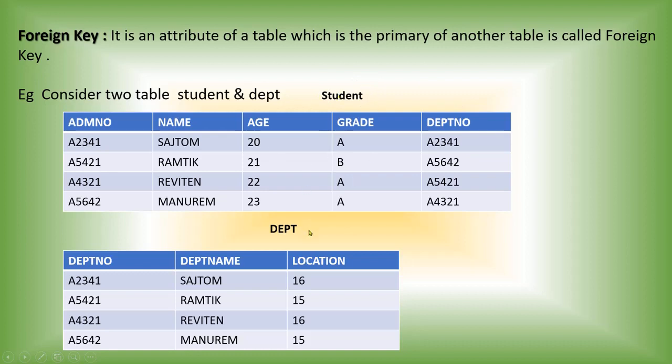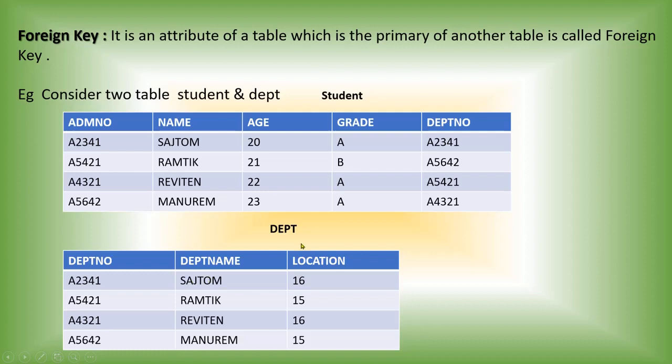See that there are two different tables, student and department. Admission number is the primary key of the student table. Department number is the primary key of the department table. And this department number is coming over in the student table. So these are two related tables. This primary key is coming over here as an attribute in this table, so this attribute will be considered the foreign key of the student table. There is no foreign key in the department table. In the student table, department number is considered the foreign key because the same department number is the primary key in the department table.